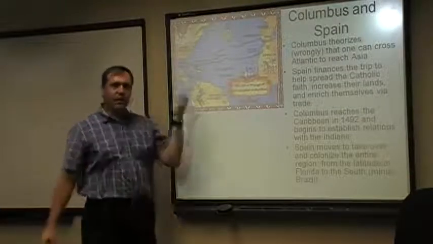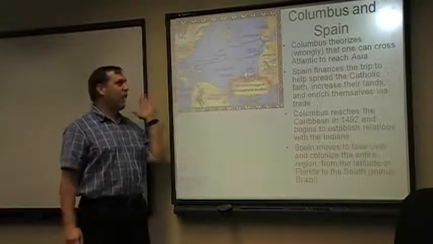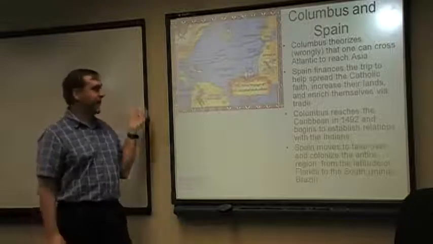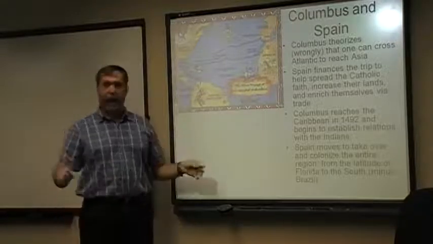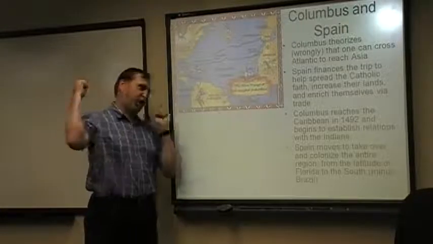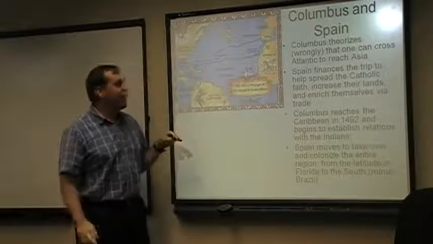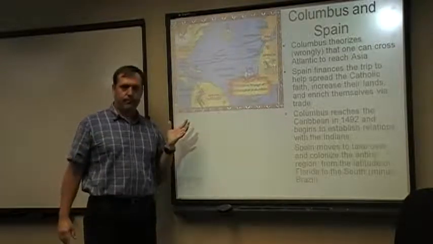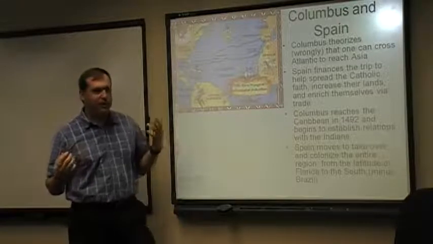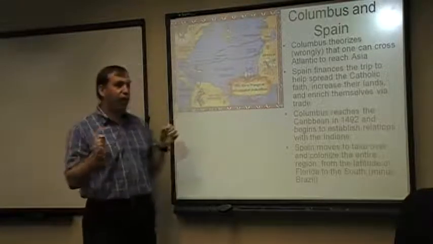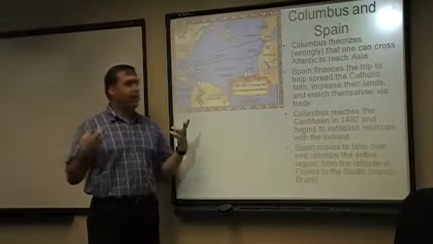So when Columbus proposes the idea that people sail west across the Atlantic to reach China that way, the problem that people hit him with was not, you're going to sail off the edge of the Earth, you're going to fall in the area with sea serpents. It was not that, okay? It was, how big is the Earth? For a long time, people have been trying to calculate how big the Earth was, because like I said, for a long, long time, people have figured out the Earth was round. The question is, how big around is it?